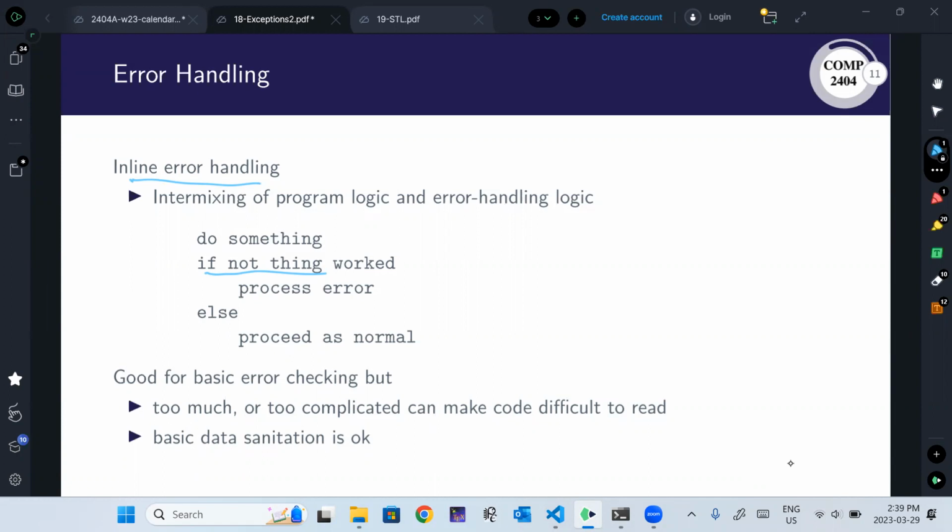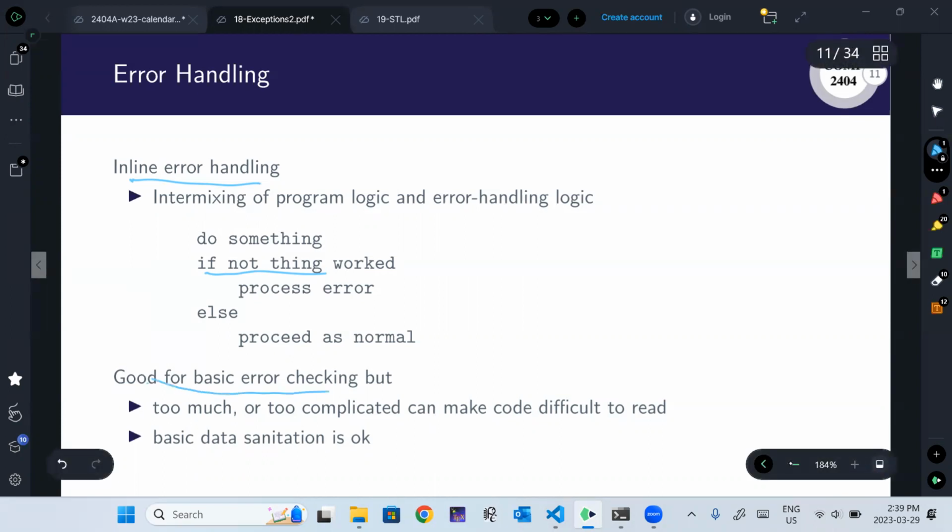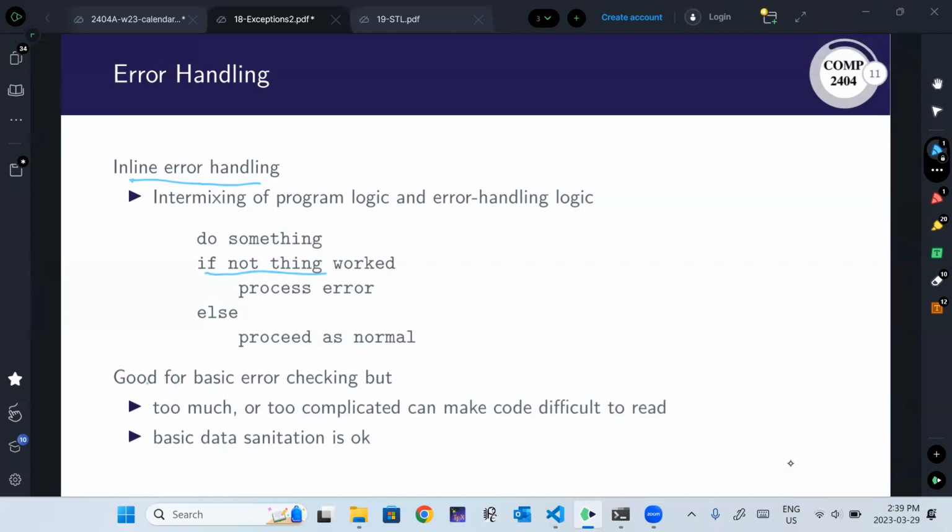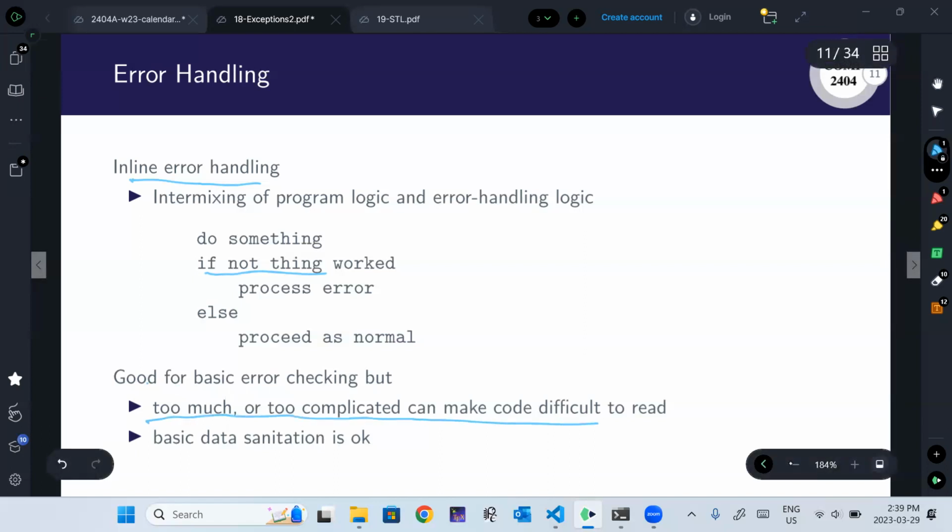We do that with checking indexes in a collection class and things like that. So yeah, inline error handling is good for basic error checking, but we don't want to really have a lot of it, right? We don't want it to overwhelm our application logic. We want it to sort of be a little bit of basic data sanitation.